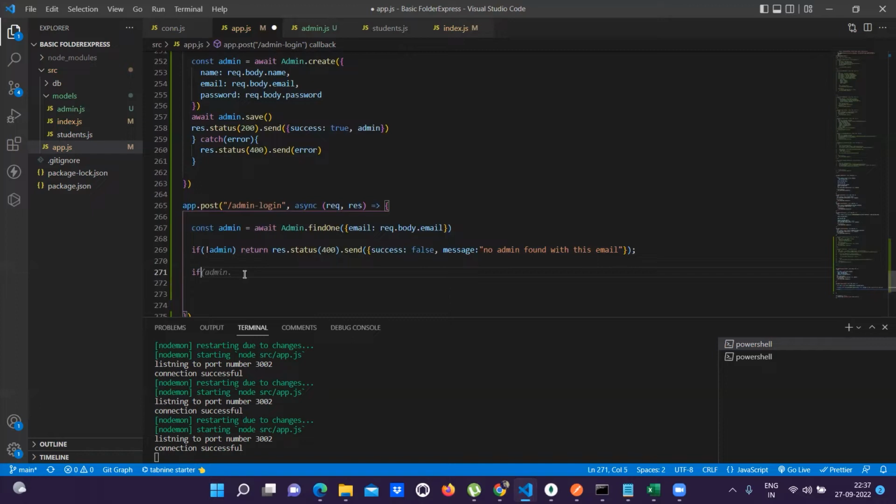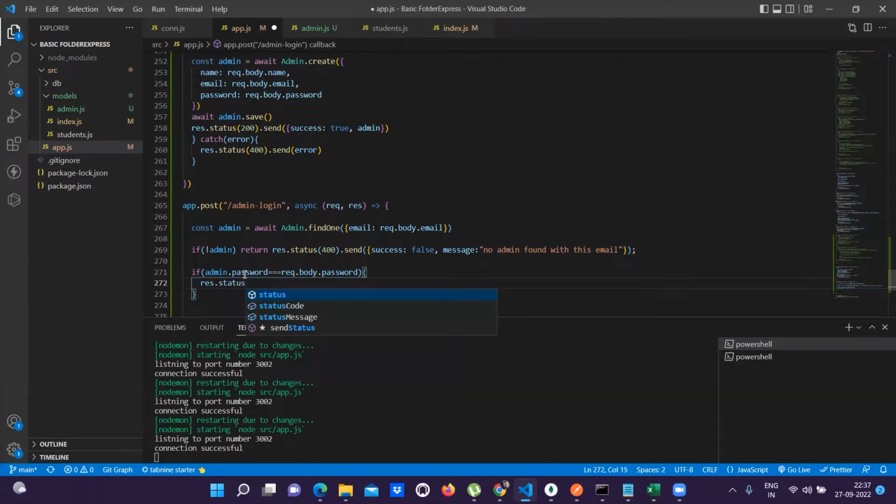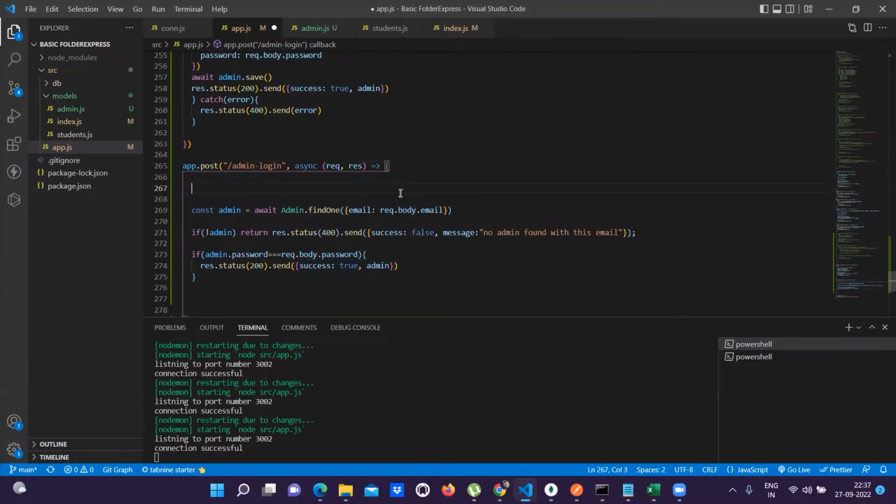We'll check if admin.password equals request.body.password. If this is right, then what will we do? res.status(200).send. 200 means success, and we'll send success true with admin. Okay, and this whole function will go into our try block,